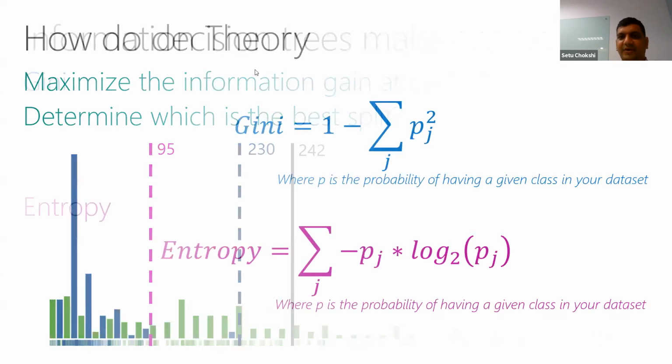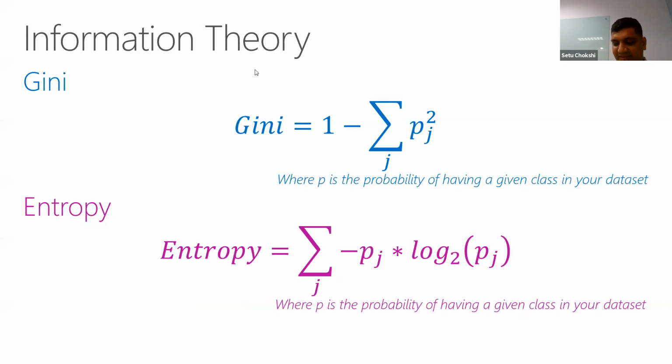So there are two theories that sit in there, and this is something that you will find in a lot of decision tree based models. So the first one is called Gini. It actually comes from economic theory. When you're looking at inequality and stuff, they'll talk about the Gini index. And the other concept is entropy, right?